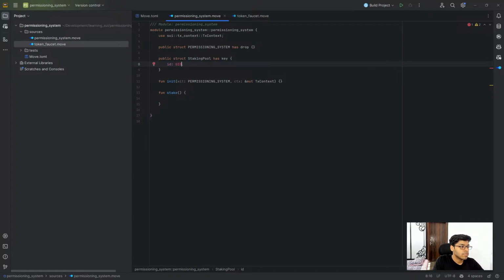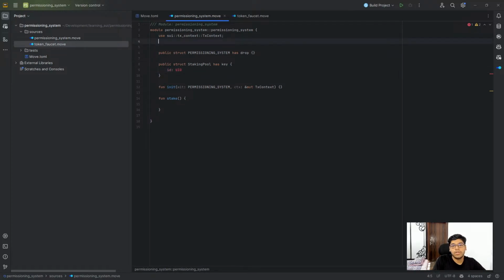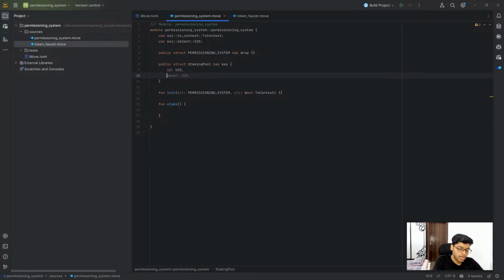Okay, so the UID object is in Sui object UID, and it should have